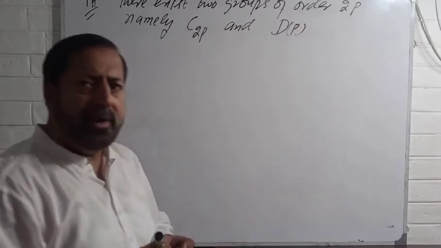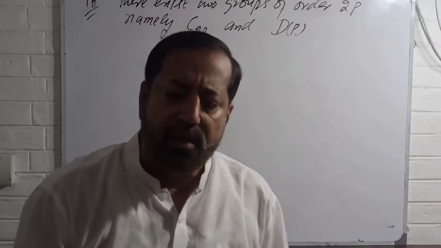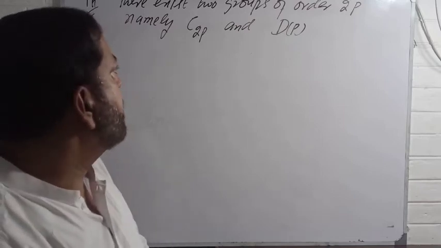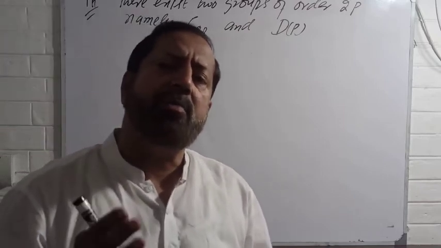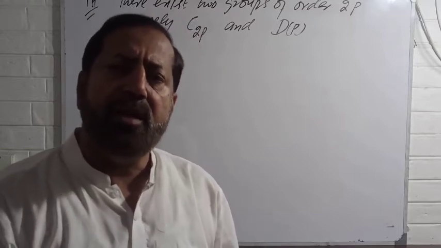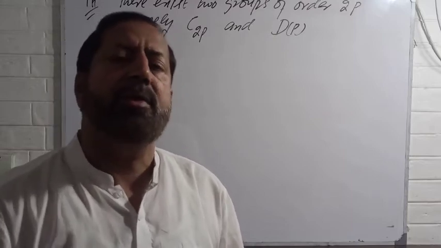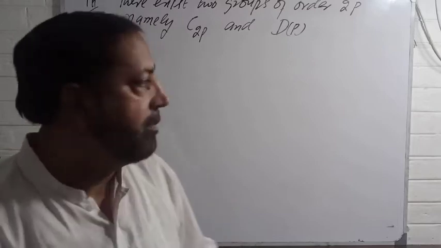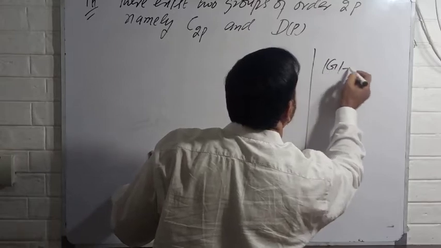Okay, so if I generalize the idea, instead of 3 I use the prime number p, then I can show that there exists, up to isomorphism, corresponding to every 2p where p is an odd prime, one abelian group, which is C2p, and one non-abelian group, which is Dp. Okay, for example, if you have order of G equal to 10